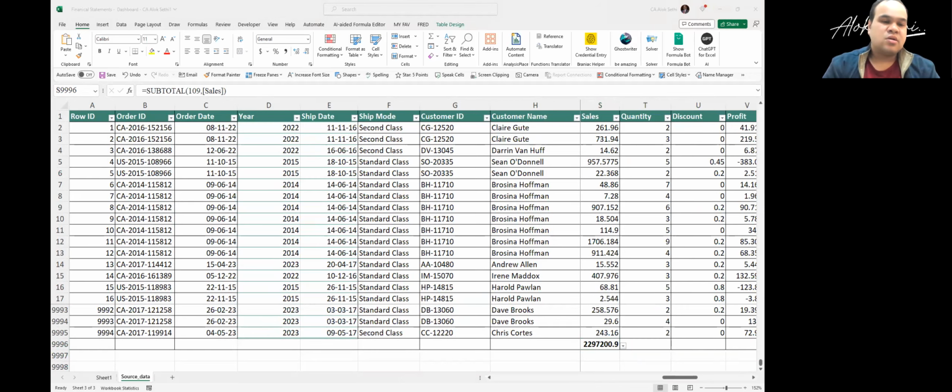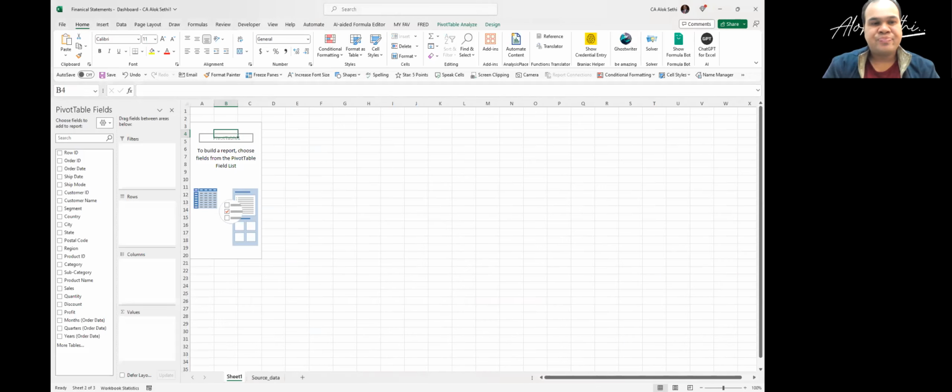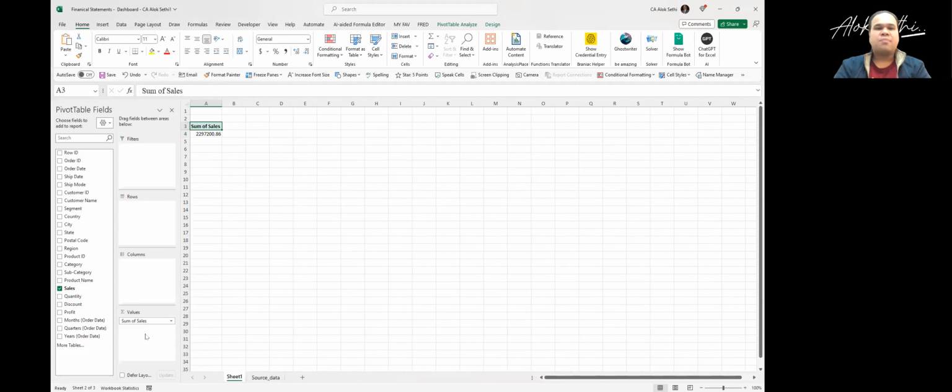Now let us do something different today. Okay, now what we are going to do is we are going to put the sales into values. Now there are 4 compartments or 4 sections. One is filter, row, columns, and values. Values has a sigma, that means it will show the summation. So what I did is I just dragged and dropped the sales into values, and do you see the same figure over here,